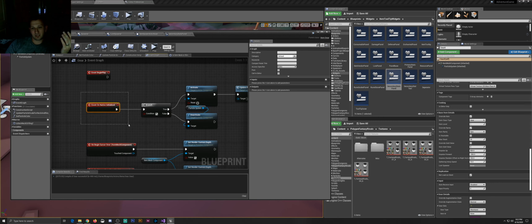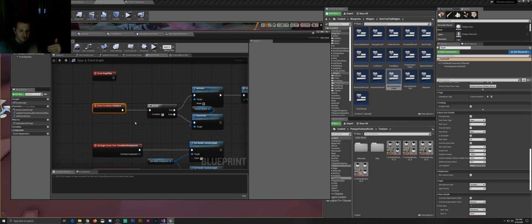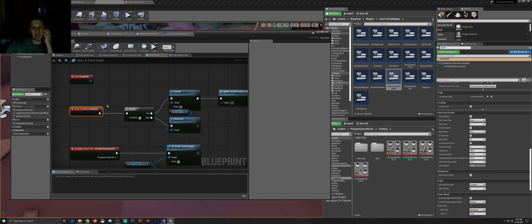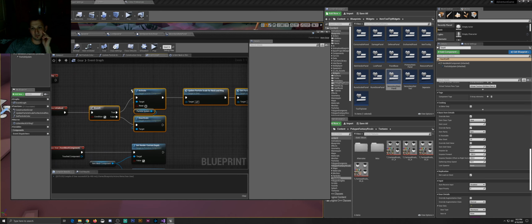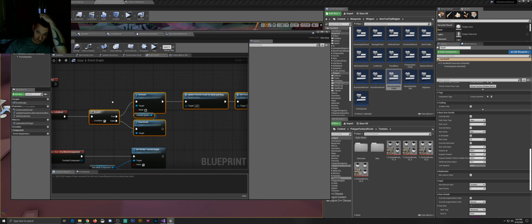Because onNative initialized is called at the end, right? Everything natively has been set. There's nothing left. The entire item is done. It is a ready to use gear item, and now all we want to do is call some basic Blueprint logic to it. It's funny, I don't even know why I had this, but basically